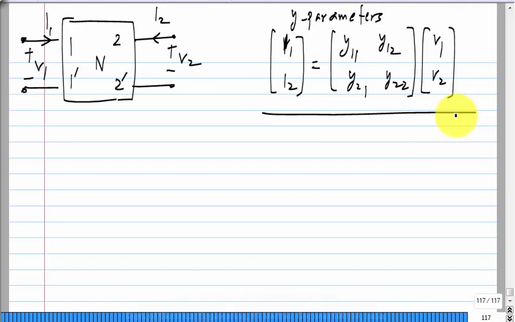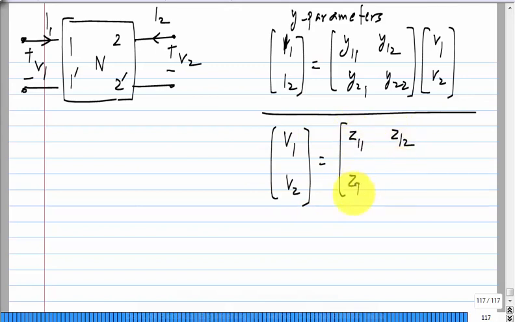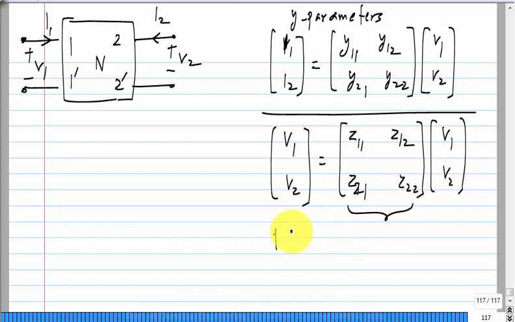Now this may or may not be convenient for the particular device at hand, just like in some calculations using conductances may be convenient, in some other calculations using resistances may be convenient. Okay. So maybe elsewhere I would like to make currents the independent variable and voltages the dependent variable. In that case, I will have a different set of numbers. What will be the dimensions of these numbers? Resistances. Okay. So this is called the Z parameter set,